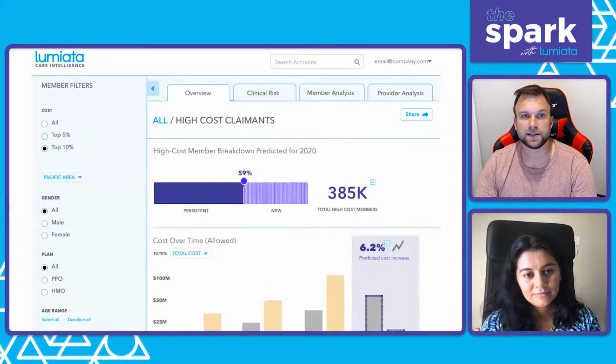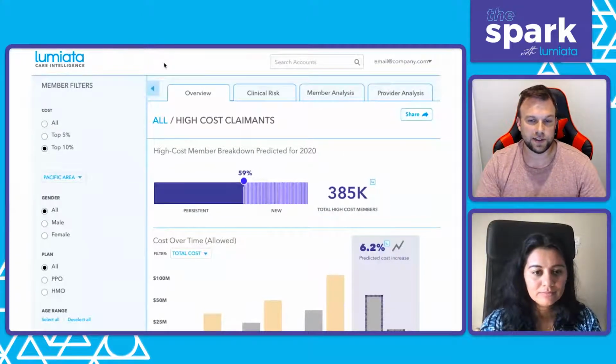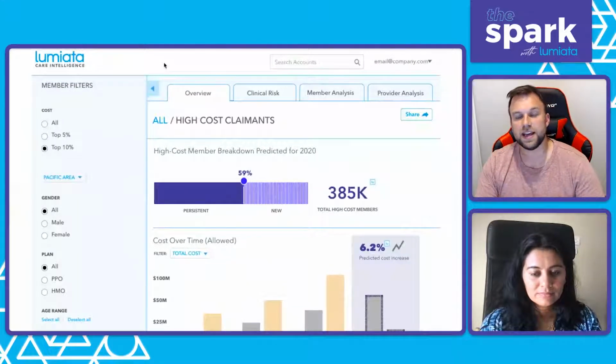So what I want to do right now is share a different screen really quickly. What we are going to look at is an application that we use at Lubiata, called Care Intelligence. Inside our Care Intelligence application, you can think of this as the front end or the user experience side of all of the predictions and analytics that you just learned about when it comes to type 2 diabetes. All of the training and featureization of the data to come down to these high precision predictions is then packaged up into